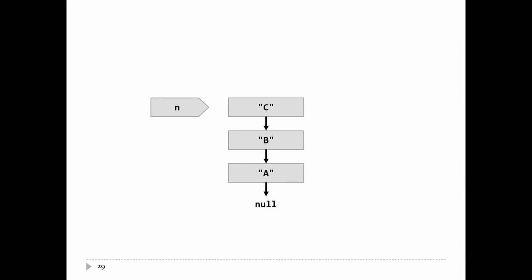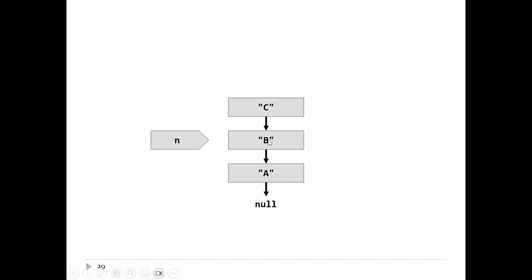Okay, so if we start at the top node of the stack, n points at the top. We can do something with this element here. So for toString, we would write C into the string. Now I'm done with this node, so I can advance n to the next node. How do I get to the next node? I just follow n's next link, and that takes me to the b,